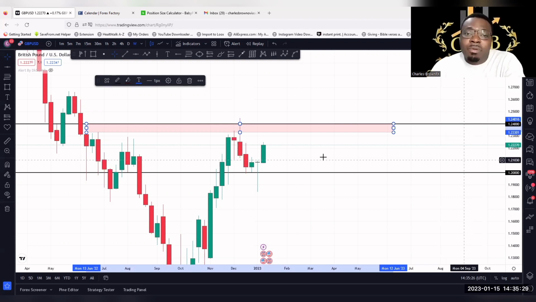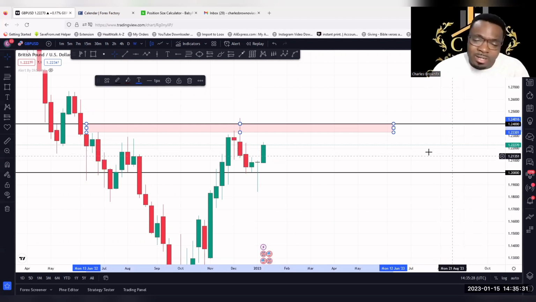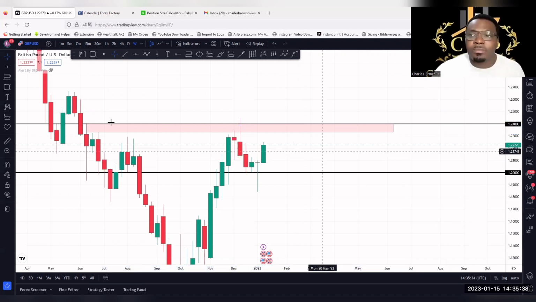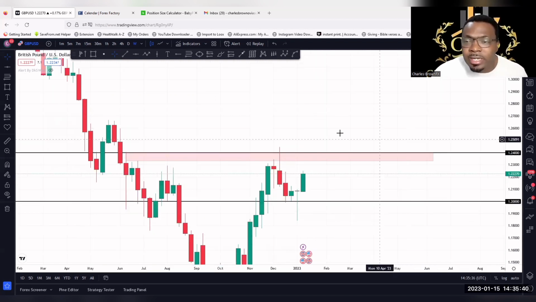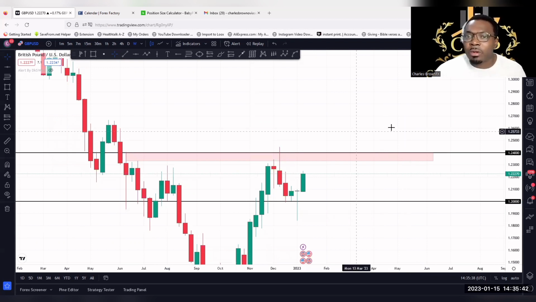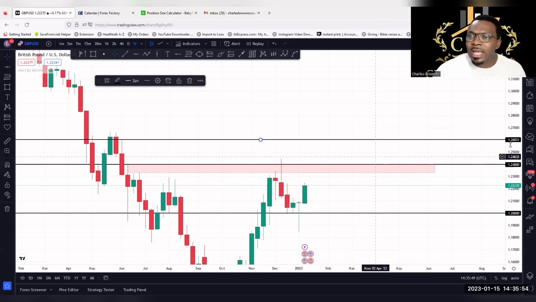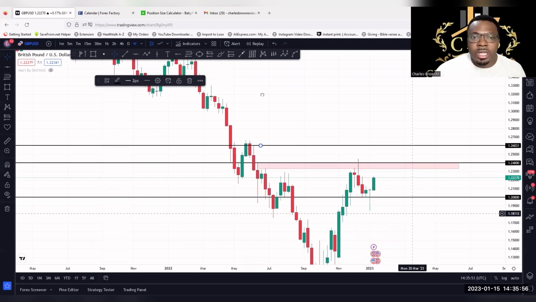And then if price breaks the 1.2300 psychological level, we should be looking at 1.2400. But at that level, will the market break above and come to 1.2600, or will the market break above and come to 1.27? But at the moment, we have 1.26 and 1.27, within that range, a major key level where the structure is being formed. So we have that zone there where the structure is being formed.